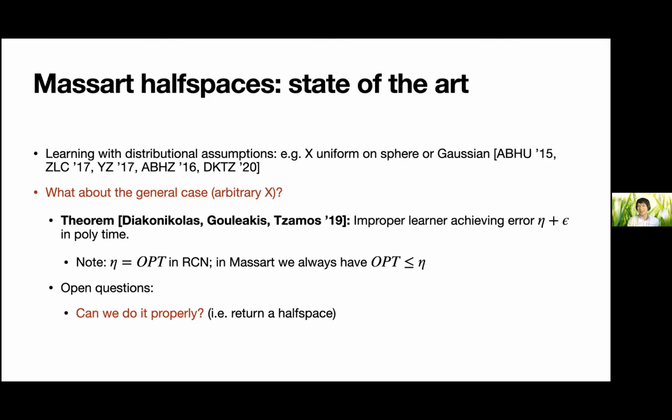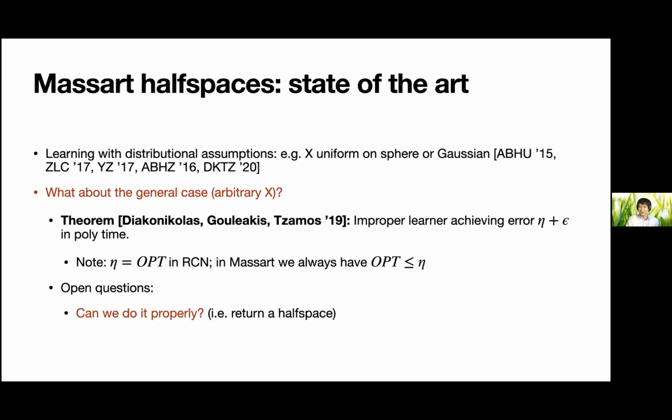One is that their algorithm, even though the generative model is from a half space and there exists a very good half space to classify the data, did not output a half space as the hypothesis at the end. They really output some kind of decision tree. So that's like an improper learner. And one of the big questions was whether you can do it properly, or maybe it's not possible actually. So in polynomial time, can you find a half space which has the same guarantee of getting error rate eta